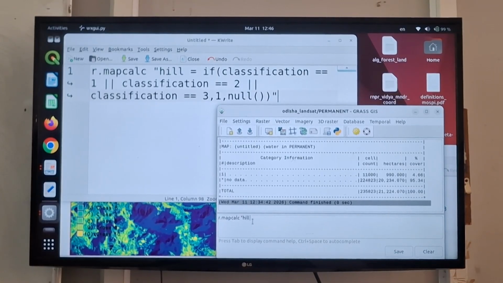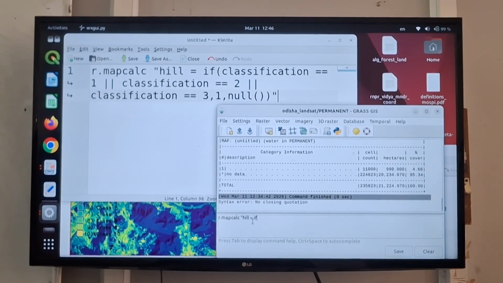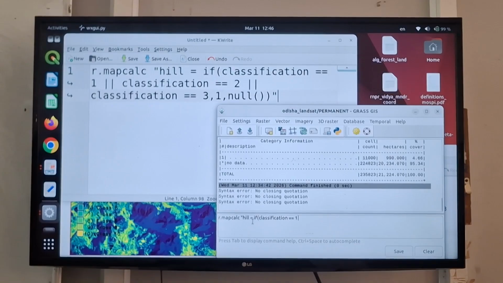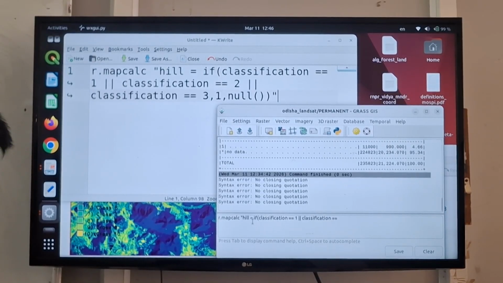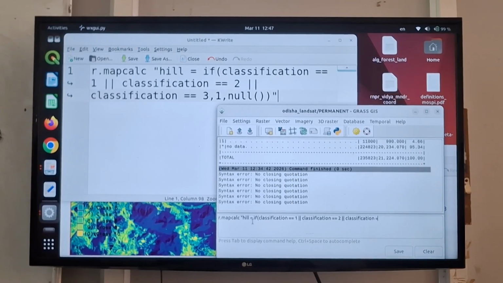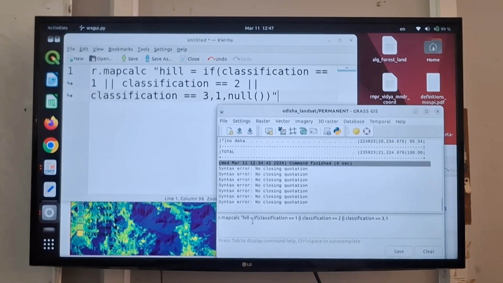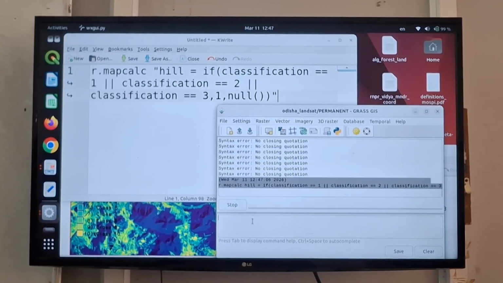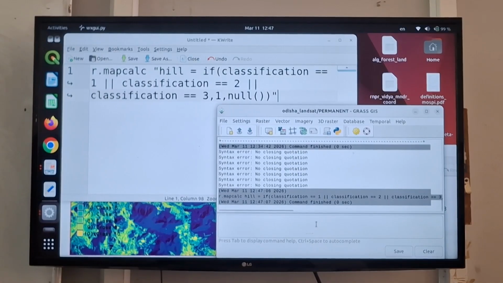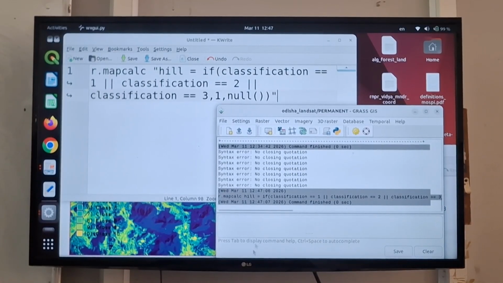Hill is equal to if is equal to 1 or occupation is equal to 2 or equal to 3 is 1 or no. And then I say